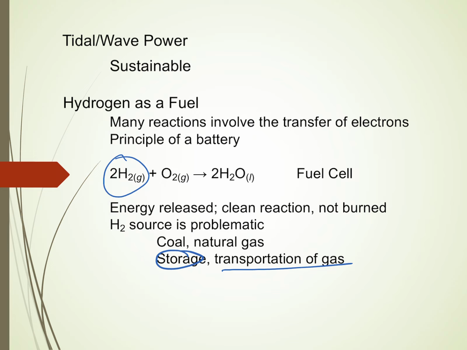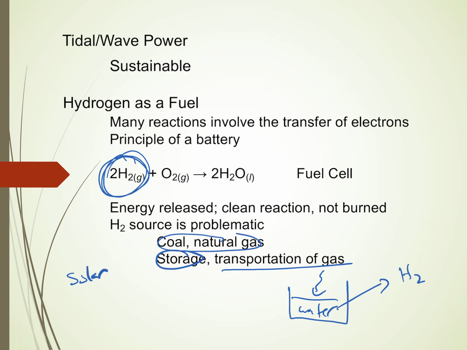Your book downplays this a little bit. The key is how you generate this. If you get this from solar energy, so one thing we can do is take water, allow the sunlight to come in, and split the water and get hydrogen gas. If you do that, then it's worthwhile. Not getting it from this. And then you generate it right on site and use that hydrogen to generate electricity. That's the way hydrogen needs to be generated and utilized in this country and in the world to make it